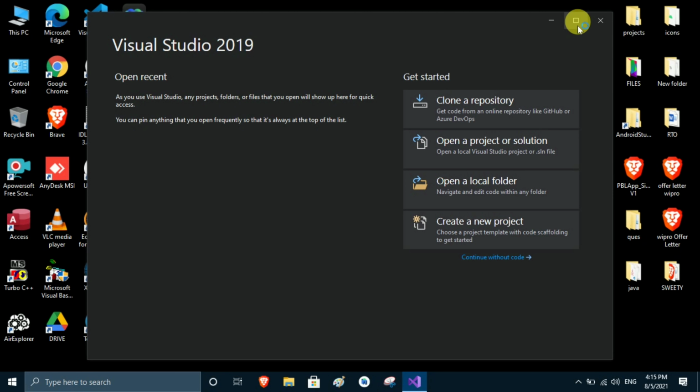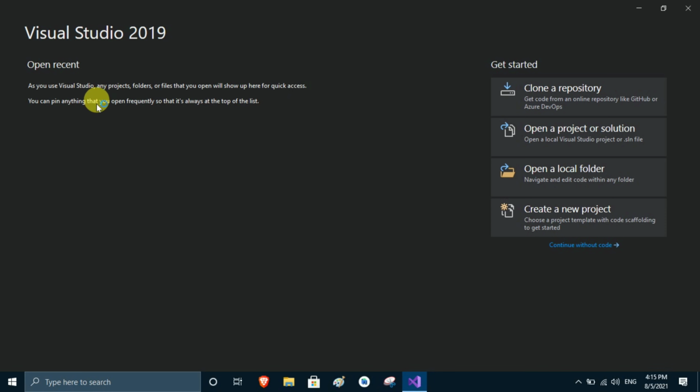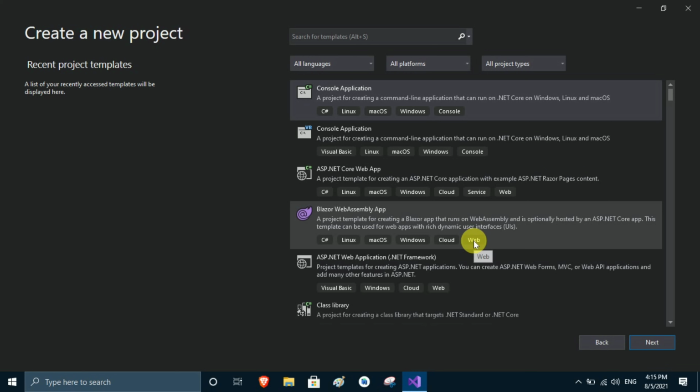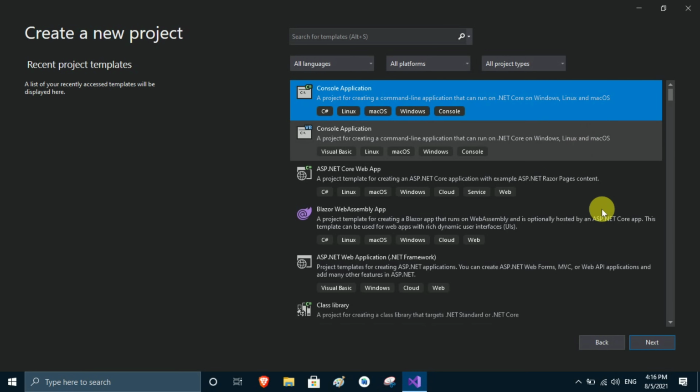and then maximize this. And now here you see a quick access section, so we open our project or we create a new project. So I click on the create a new project option, and here you see there are many options listed, but I select the first one which says C#, Linux, macOS, Windows and console application.